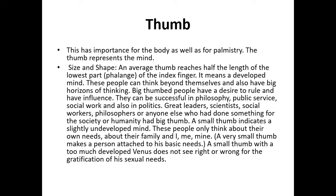The average thumb reaches half of the length of the lowest part of the index finger. It means a developed mind. These people can think beyond themselves and have big horizons of thinking. Big thumb people have a desire to rule and have influence. They can be successful in philosophy, public service, social work, and also in politics. Great leaders, scientists, social workers, philosophers, or anyone else who has done something for society or humanity had a big